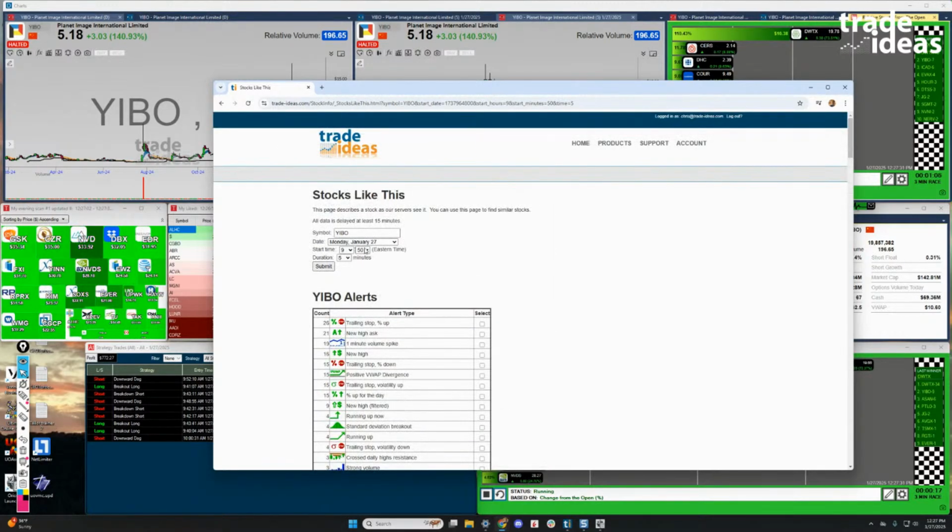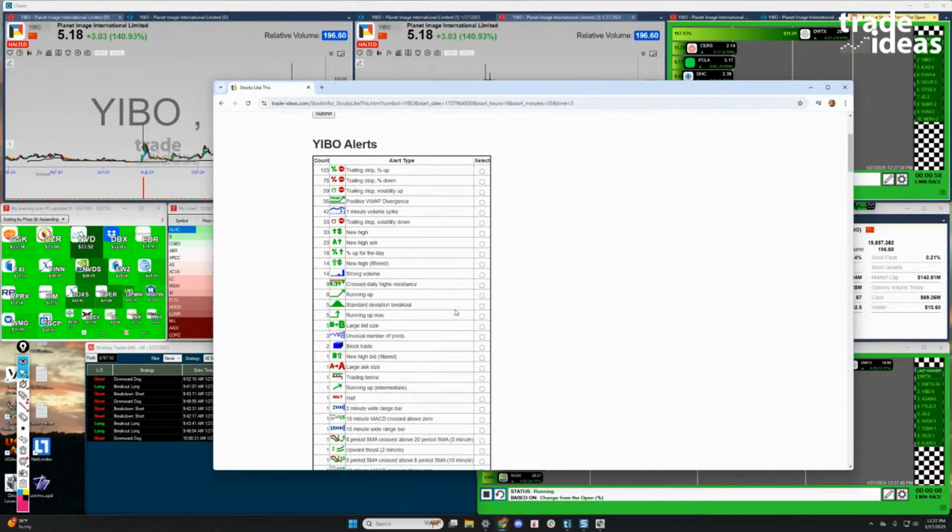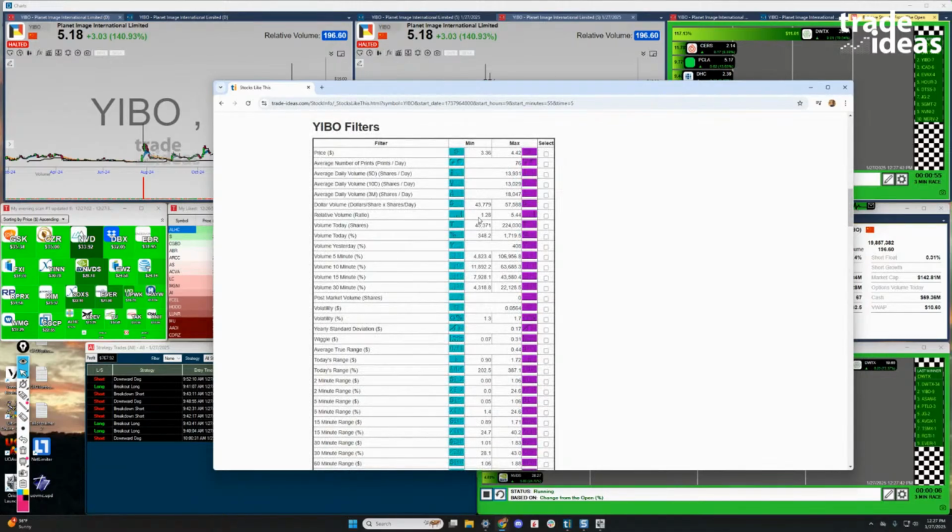We may even have to go further out with this. Let's go with 55 and let's see what happens. Let's see how much 5 minutes changes this. There's still a whole lot of alerts there. Relative volume, all of a sudden we went from below 1 to just above 1. Now we're just above 1 to above 5 on that, right? And now all of a sudden we're at 200,000 shares, right? And we were below 100,000 before.